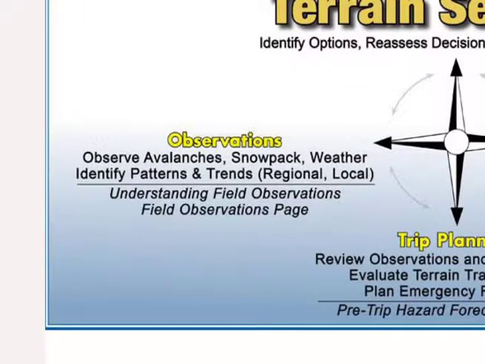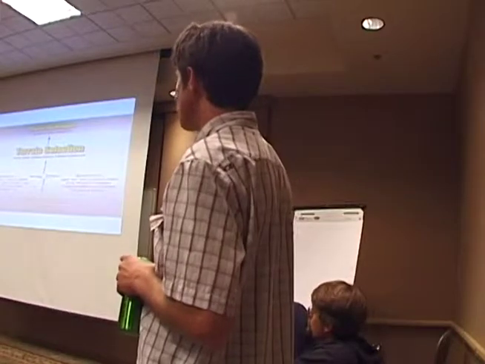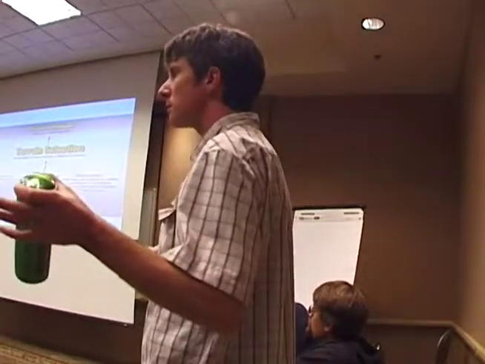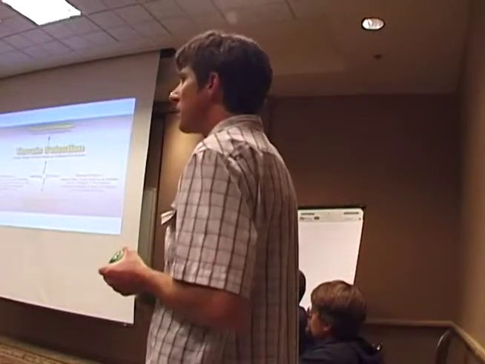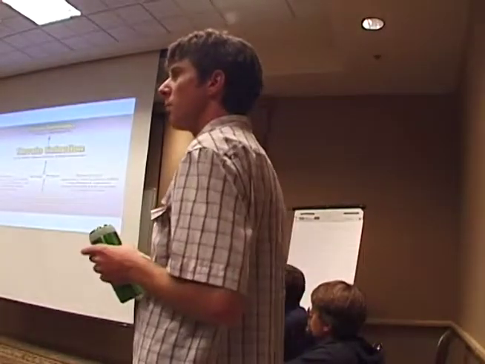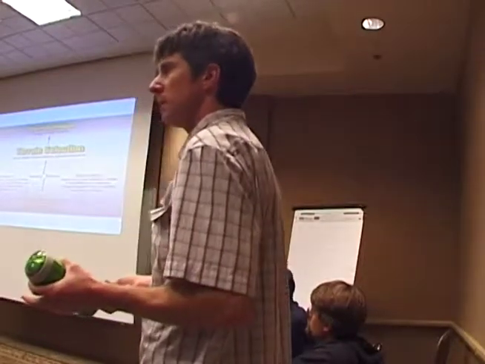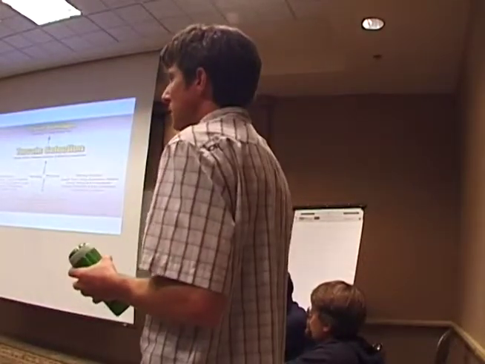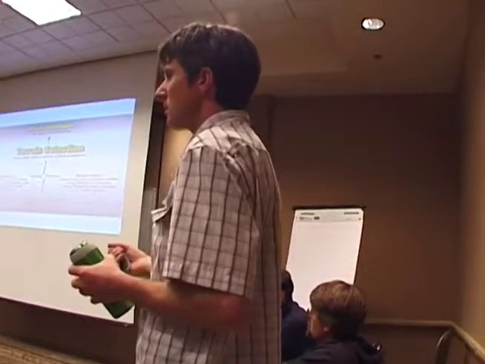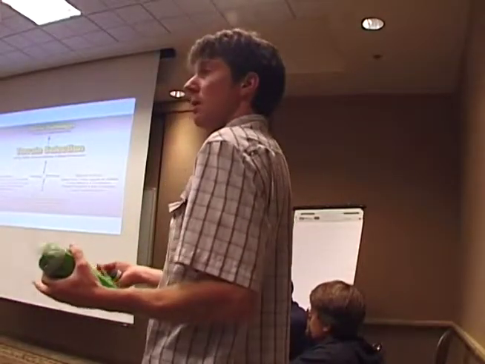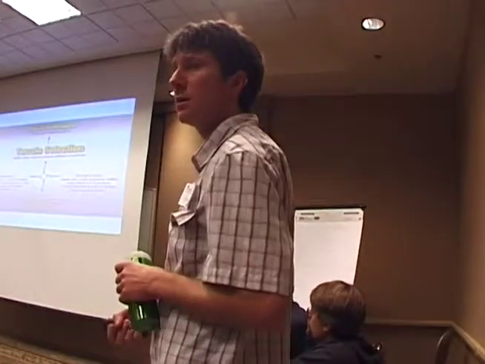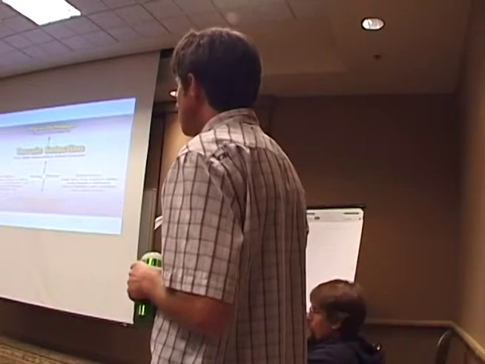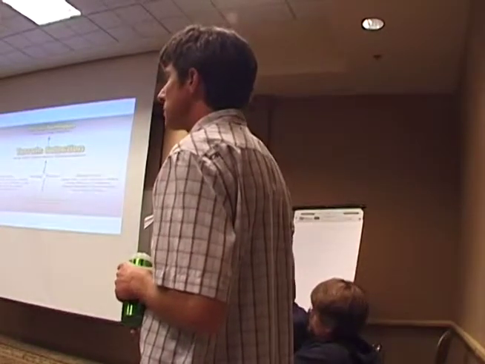So we've got understanding field observations, the field observations page. This understanding field observations, that's the reference we used to call the observation checklist. The idea is we wanted to get rid of the checklist concept for observations, because there is no set of observations that you have to take every day. Instead, we want to have a tool to help us understand our observations. Hence the name change there. And the field observation page is where we record that information.